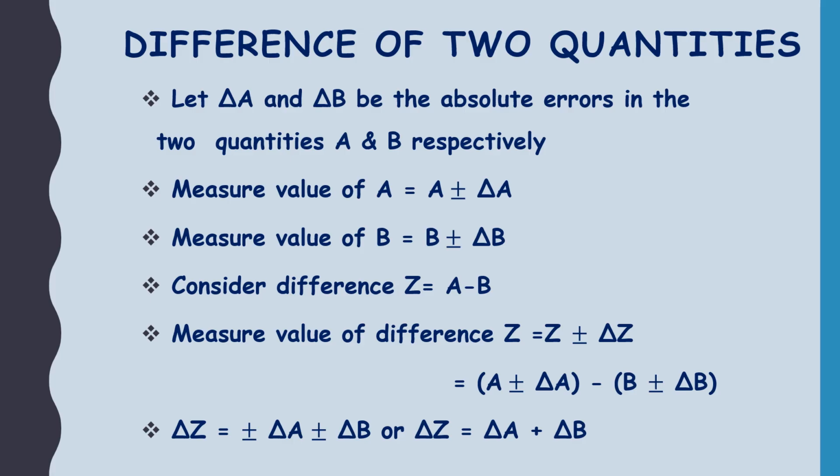Whether the quantities are added or subtracted, the absolute errors are always added, because if we commit a mistake, that is always considered. If we took the minus sign in the difference during the subtraction of two quantities, the errors may cancel out and the net error may be 0, but that is never possible, because if we are committing a mistake two times, then their net result can never be 0.